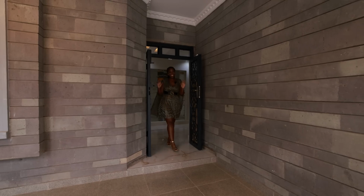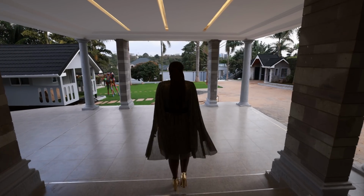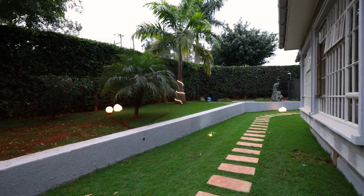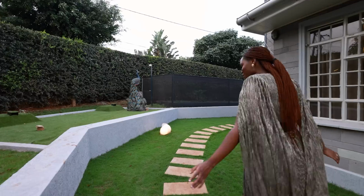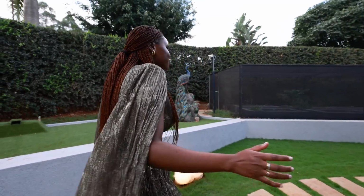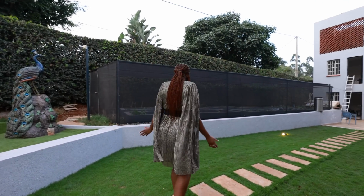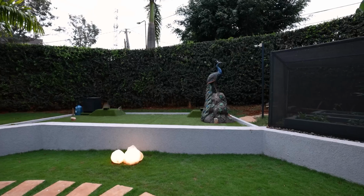So now let's take a step outside and get a close view of this wonderful landscape design. Guys, a 360 view of every part of this landscape that is covered by nature. And we're heading to the backyard, and you can see the hedges and the trees and the grass even cover all this way. And now we have arrived at the centerpiece of this backyard, and this is this